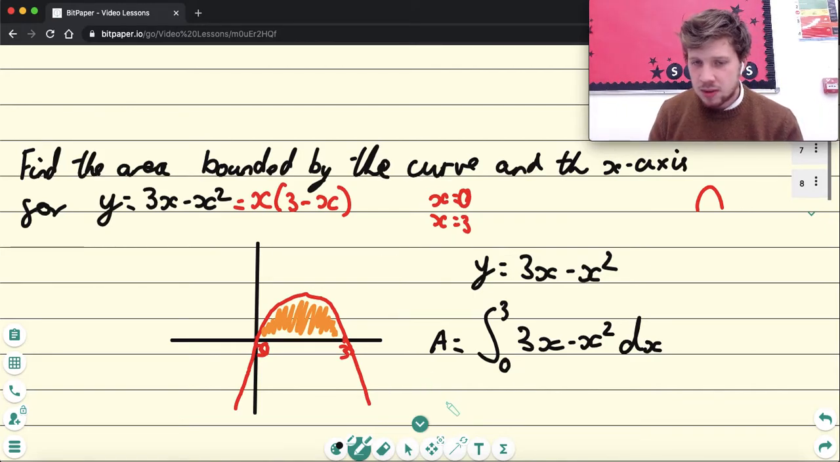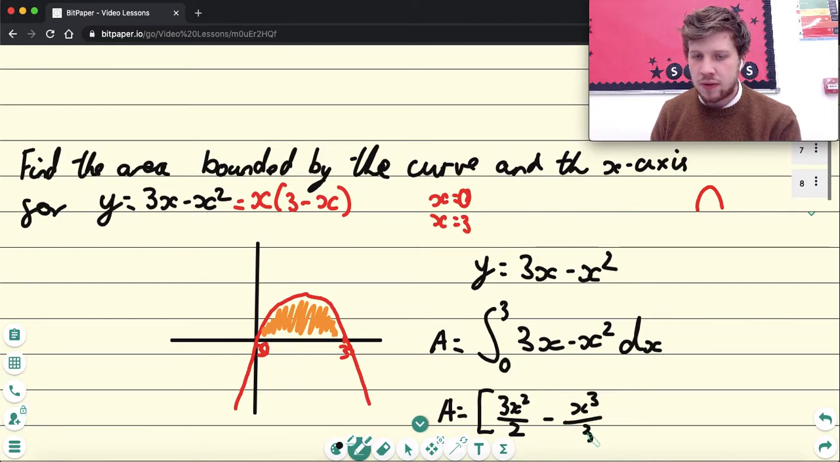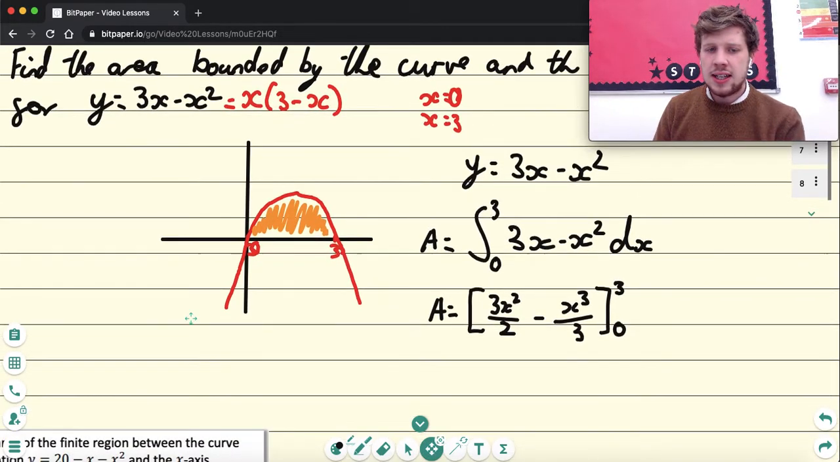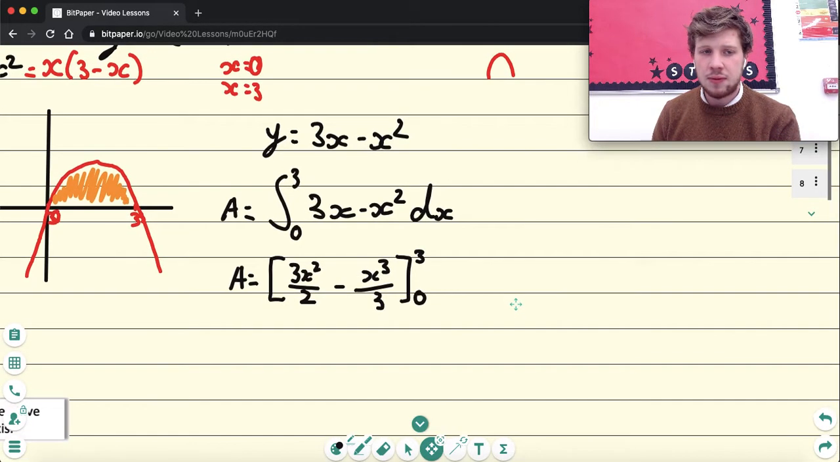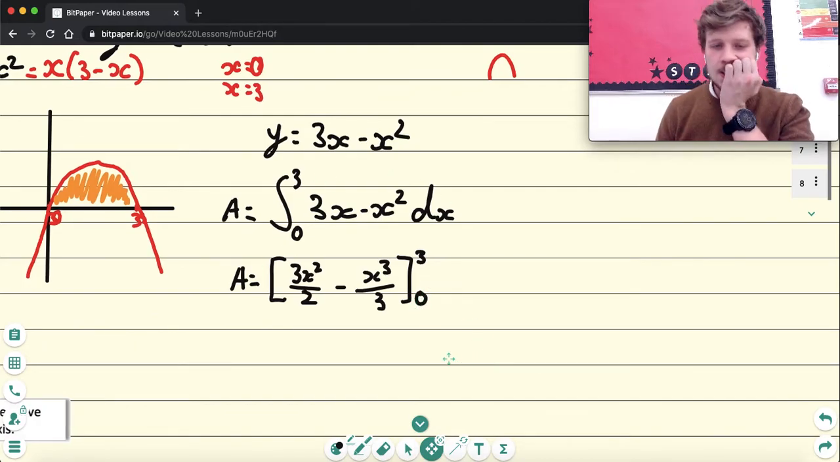So to do this, my area, and I'm going to swap to square brackets and just do my integration. Well, 3x squared over 2 subtract x cubed over 3, and this time it's between 3 and 0. I'm getting there in terms of I have now some information for this graph which I can use, but what I need to do is actually apply the limits of what I'm doing, and my limits are 3 and 0,